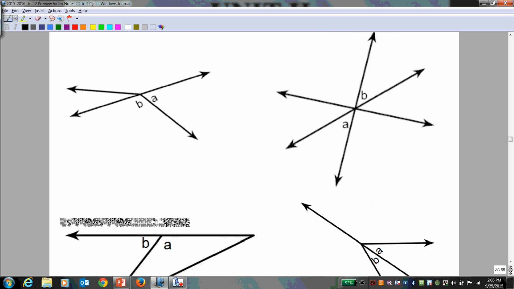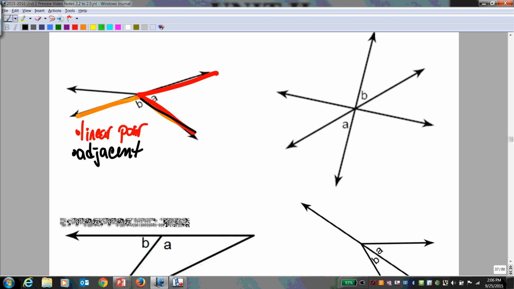This one, share a spine, make a line. So these are a linear pair. But they are also adjacent as they share a spine. And they certainly do add up to 180, so they're also